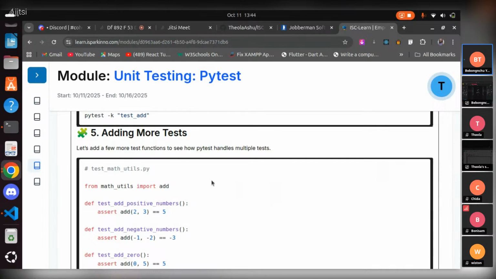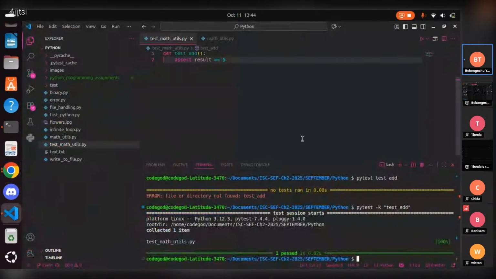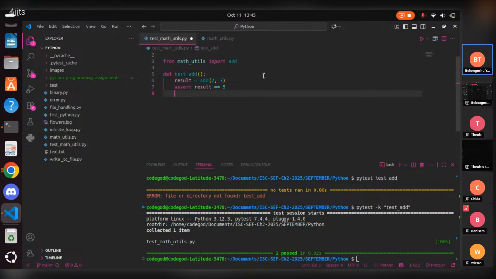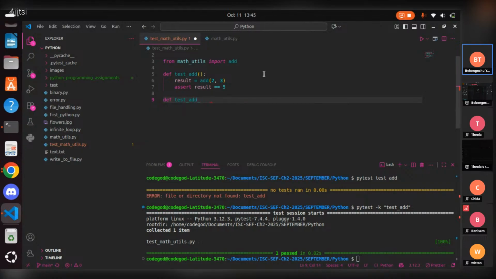So let's go ahead, let's go to our VS Code. Go and write another test case. This one is test add, so write another function there, just to test add. Let's say test add negatives. Instead, you pass negative values to the add function and test it. Let's see. While you're writing it,